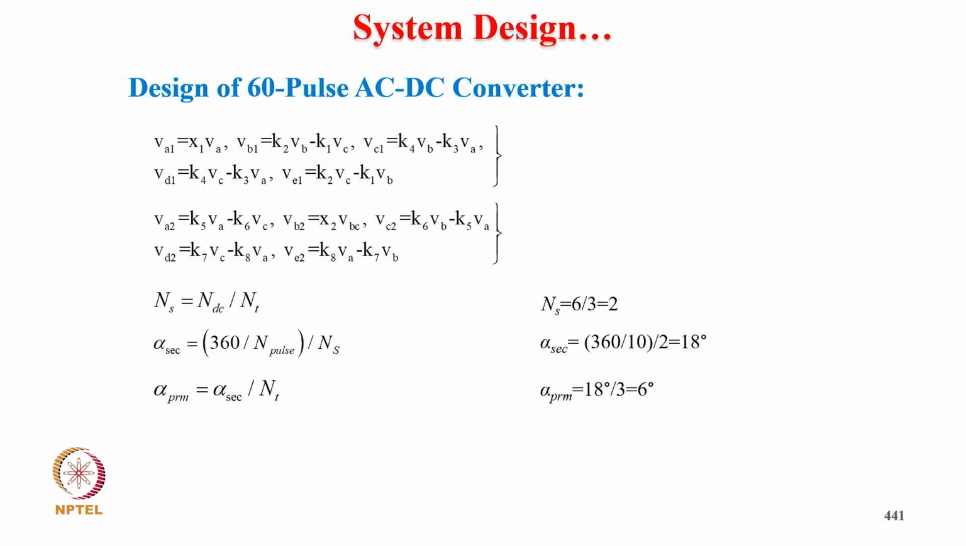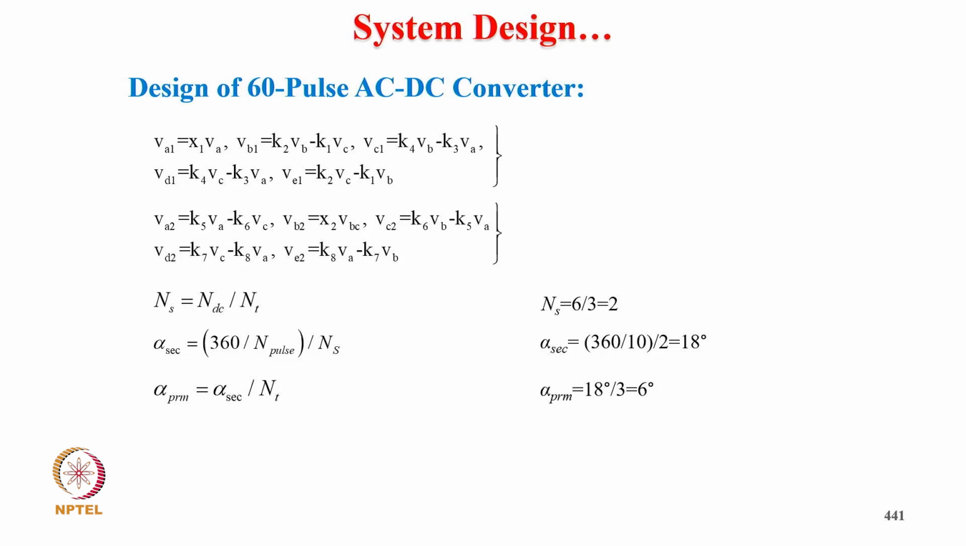So we say VA1 equal to K1 VA, VB1 equal to K2 VB minus K1 VC, and VC1 equal to K4 VB minus K3 VA, and VD1 equal to K4 VC minus K3 VA, and VE1 equal to K2 VC minus K1 VB. Here VA2 equal to K5 VA minus K6 VC, VB2 equal to K2 VBC, and VC2 equal to K6 VB minus K5 VA, and VD2 equal to K7 VC minus K8 VA, and VE2 equal to K8 VA minus K7 VB, and where NS equal to N DC upon NT, and alpha SEC